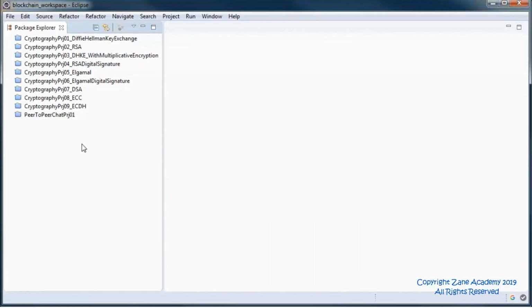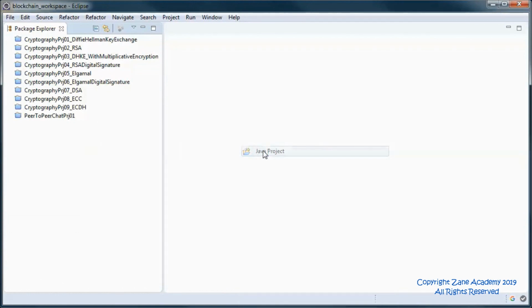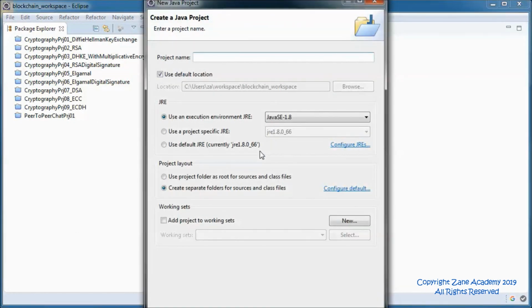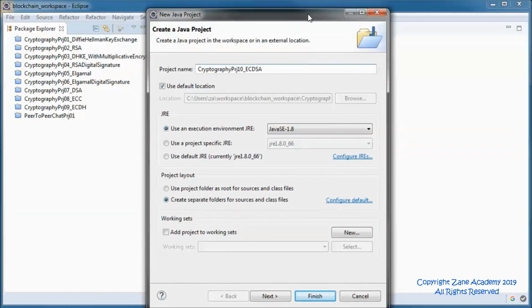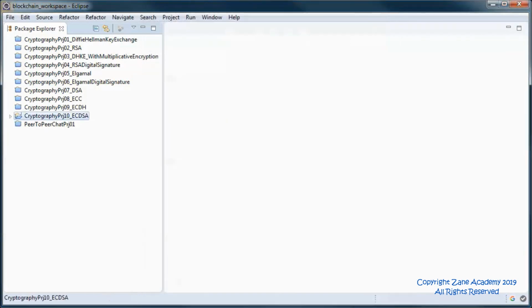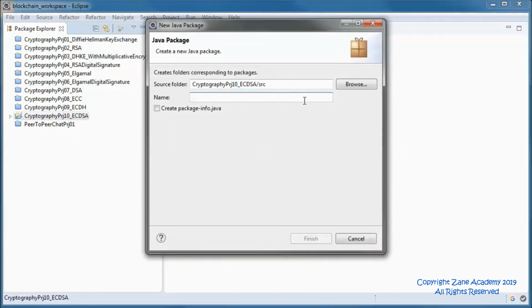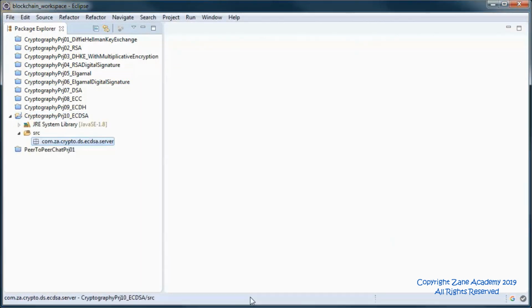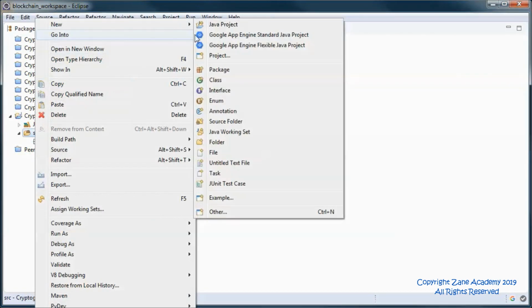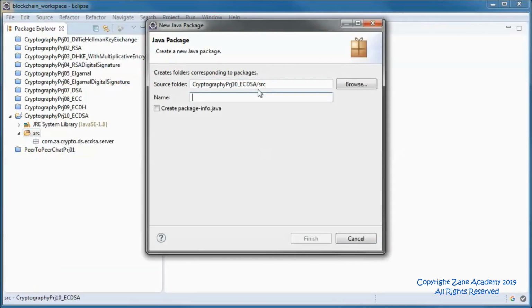I will start by creating a new project. And here we will have one package which will contain the server code, and another one for the client code.